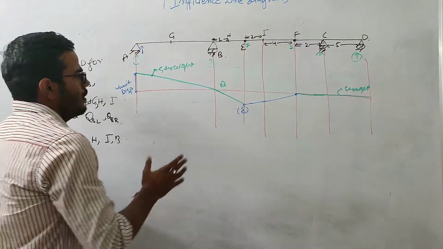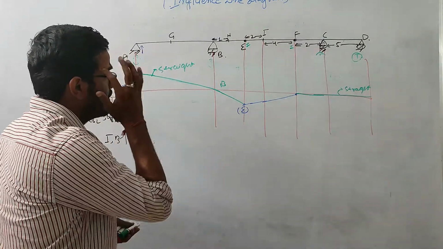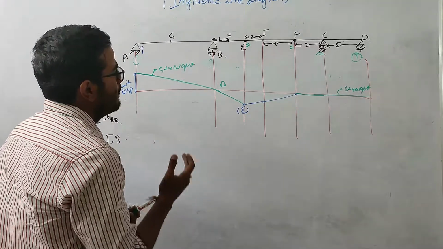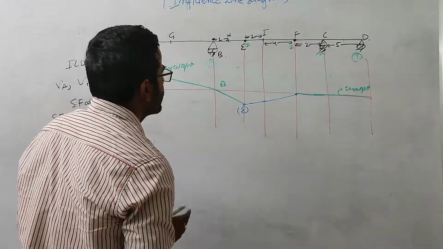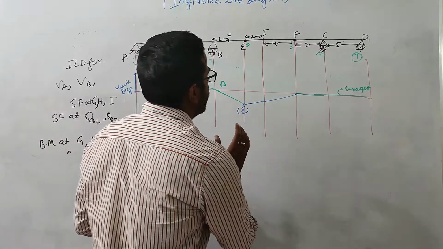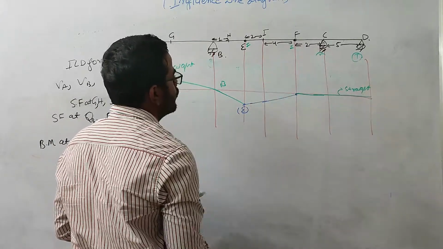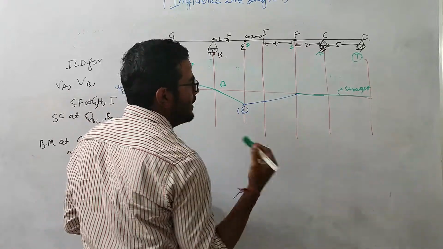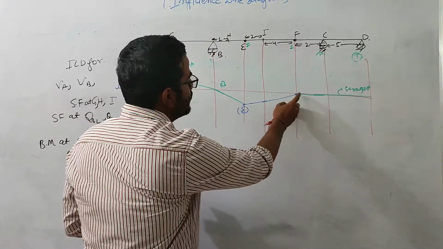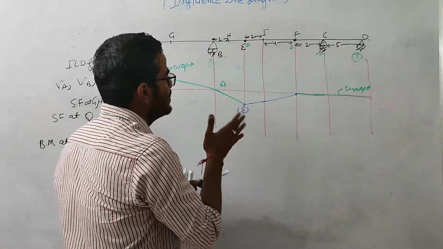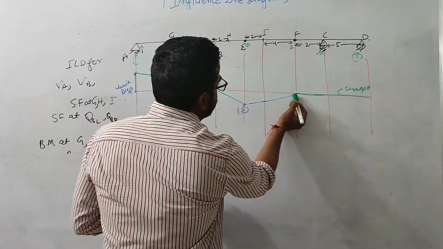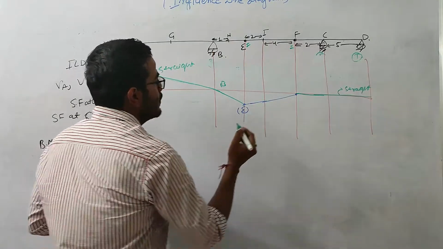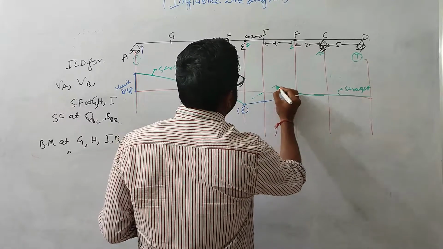Because, as you can see, the ILD for this determinate beam will always consist of straight lines. Let us suppose you are thinking that this hinge point can also move down. At this point we are maintaining the boundary condition, but these two parts are not sharing the same slope. The slopes at this F point are different, and similarly the slopes at E are different at these 2 points.